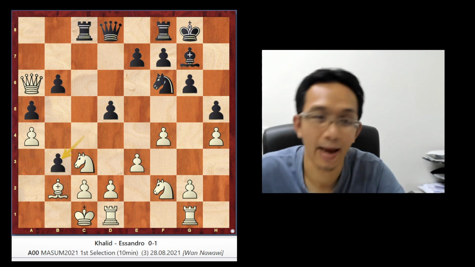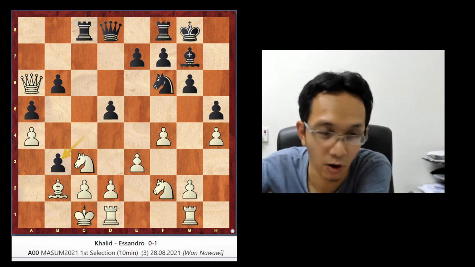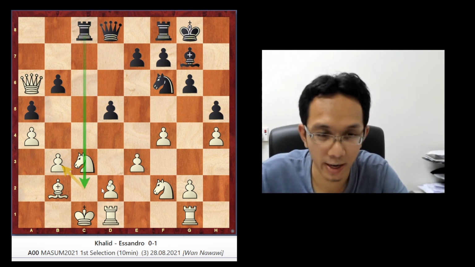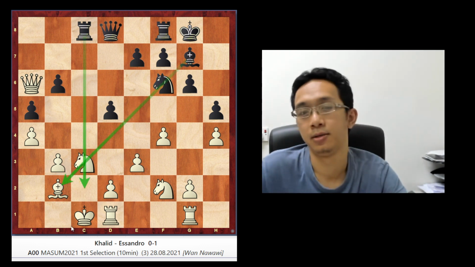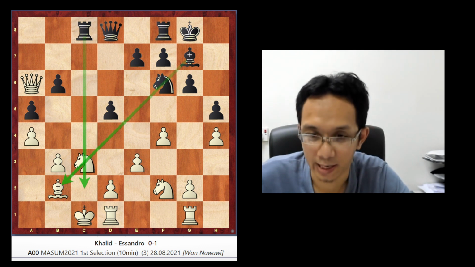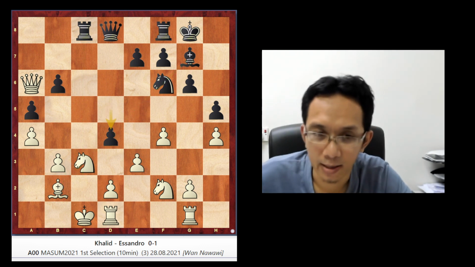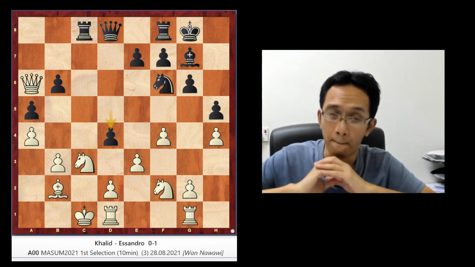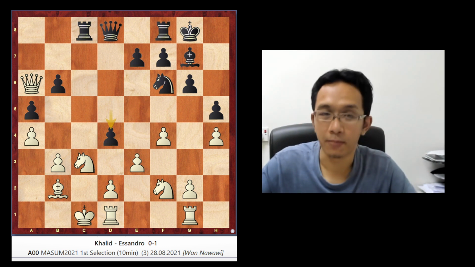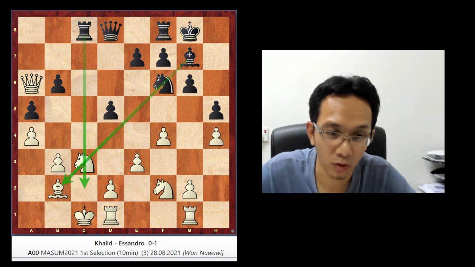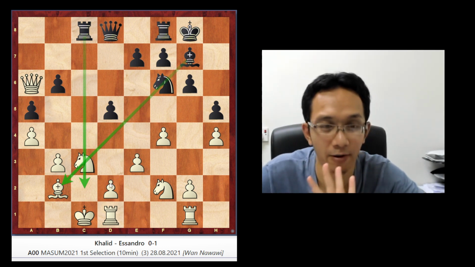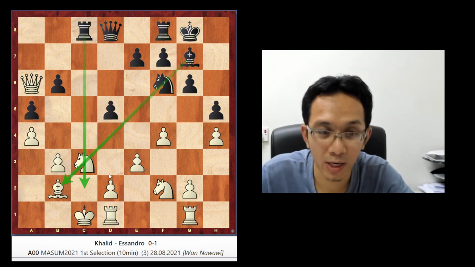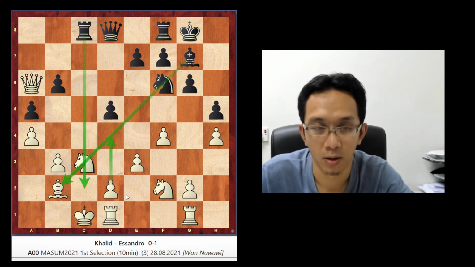Okay, and then black plays take on b3. So take this thing, and now you can see this is open and this is open. So that's dangerous. Okay, and then this is a good move. Black blasts it open, because he doesn't want white to play, because if now white has time, if now it is white's move, then white will surely play this move.